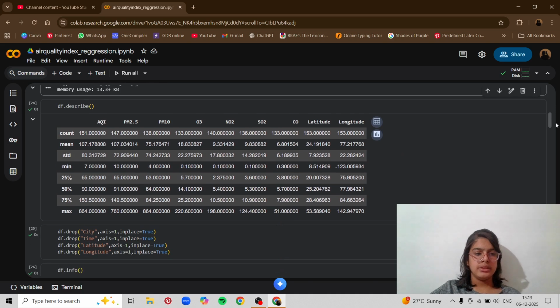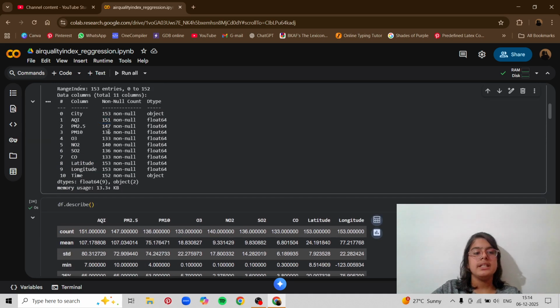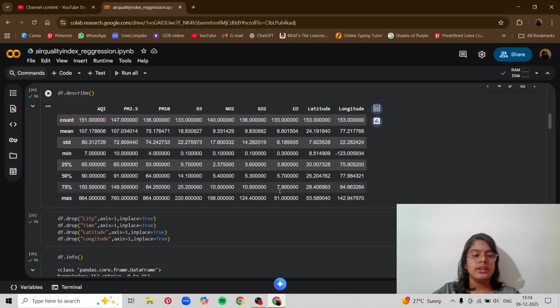Next I have done describe, because now the second part comes, which is cleaning your data. To clean your data, you can either fill the null data or remove all of the data in which the column has a null value. So basically, if a column has null values, you either have to fill it or delete the whole column. In this project, you can see that almost all of the columns have null values, so I cannot delete all columns. That is why I will be taking the mean of the column and filling the null values with it.